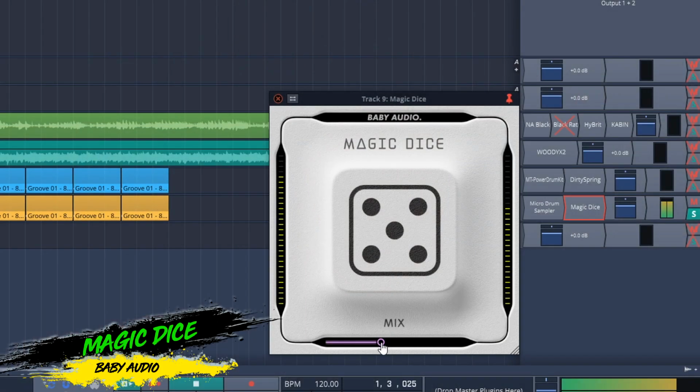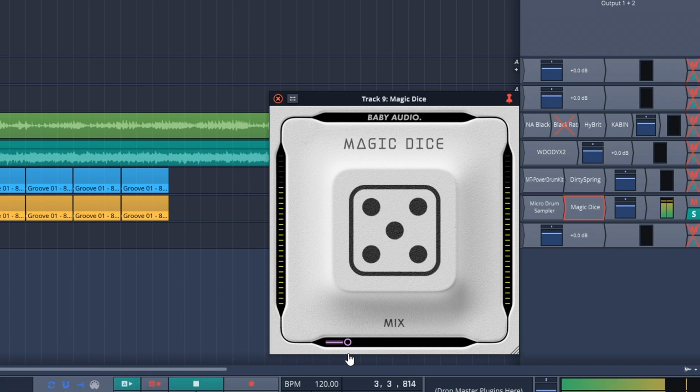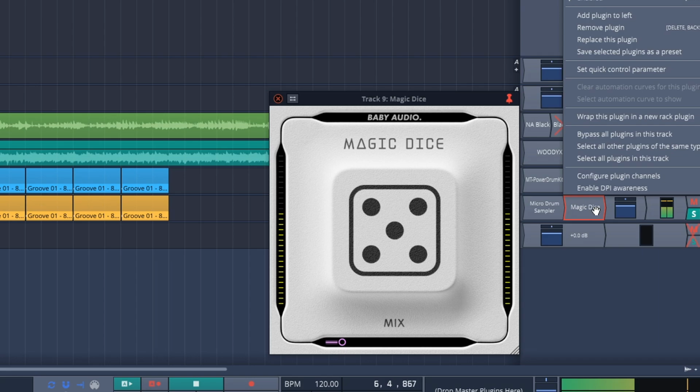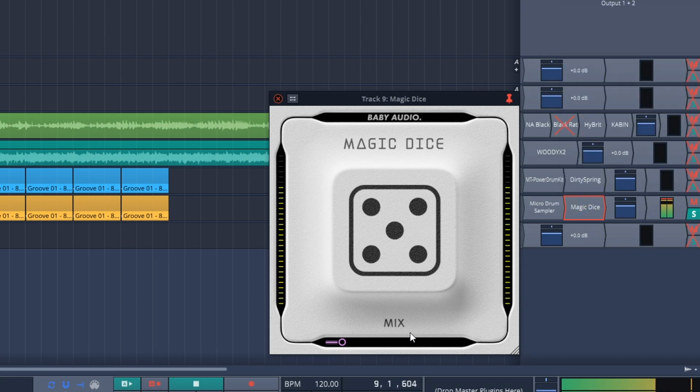This is a reverb type of plugin that can randomly generate atmosphere and space. This takes all of the sounds from their spaced out plugin but puts it into a simple interface. Every time you push the dice, it loads up a new reverb sound. Then you just adjust the mix control to really dial it in.